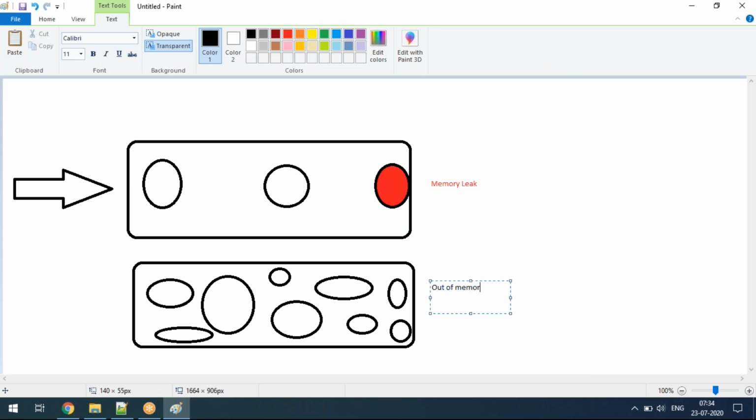I'll tell you during our course journey what are all the different types of out of memory. Out of memory itself has heap space out of memory, and a lot of types are there. On a high level, out of memory is this: you are unable to accumulate a new object inside the memory space. That is the reason we are getting the out of memory error.